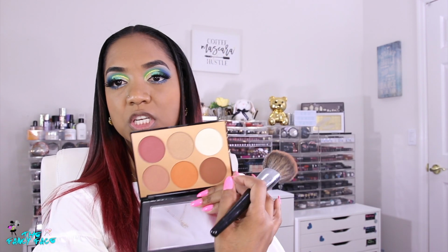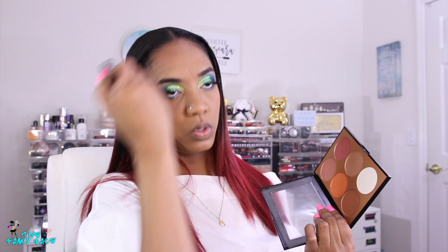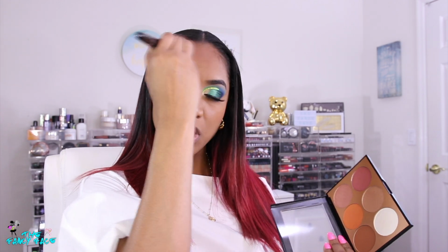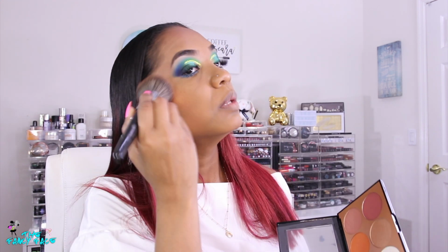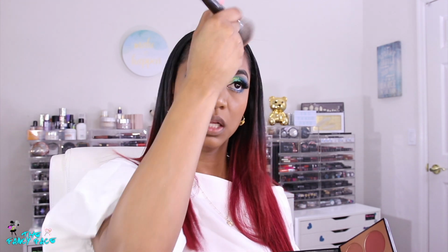It looks like it's just a cinnamon brown shade, but I'm going to use it as a bronzer. Ooh! It's a little pigmented, it has a little kick to it. So it's more of a reddish bronzer. This is a Morphe E2 face brush, one of the only brushes from Morphe that I really like. And just run that around the perimeter of my face where I need a little bit of color along my